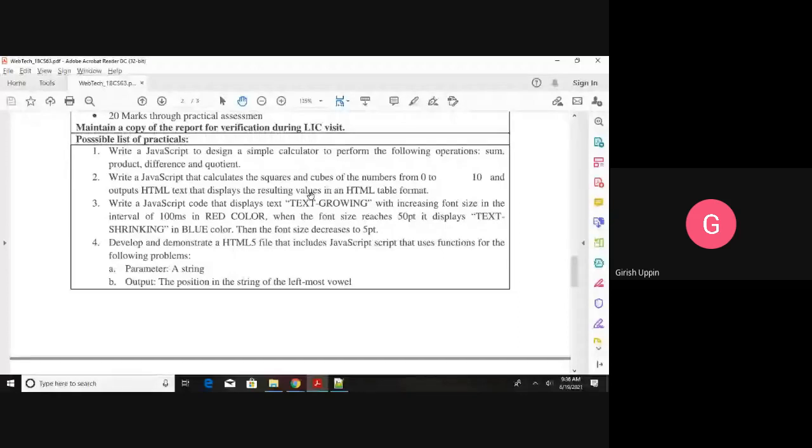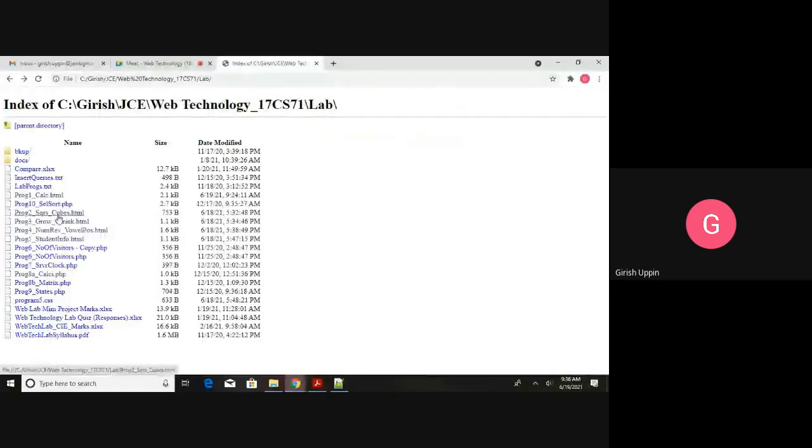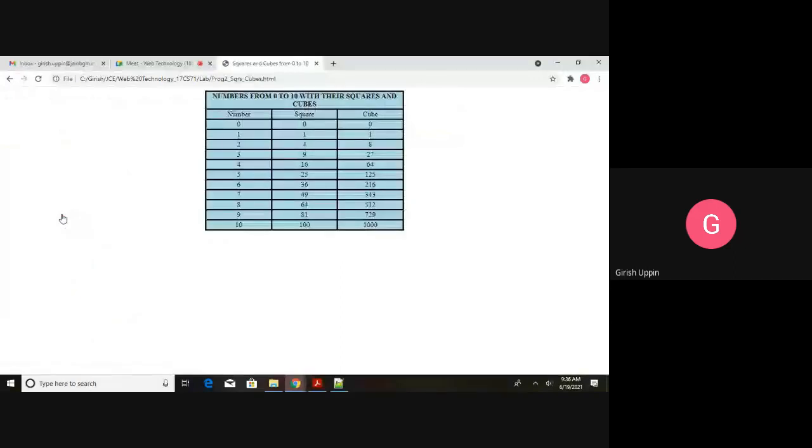First, I will show you the output, the program squares_cubes.html. So this is how it looks. Then there is some styling. Here the border is a little thick, the margin is auto, and the background color is light blue. All the numbers are set with center alignment. Those are some of the styling things. Okay, let us open the source code.